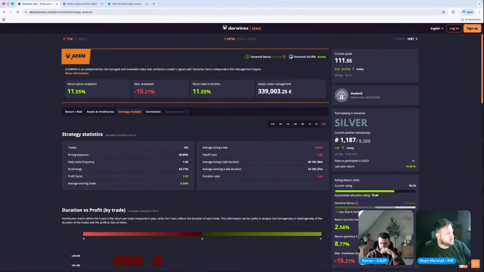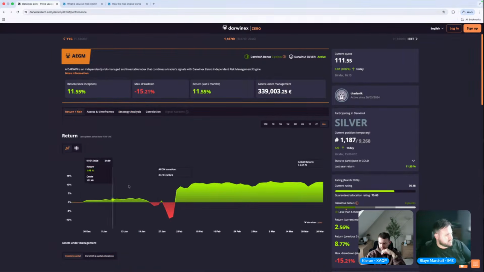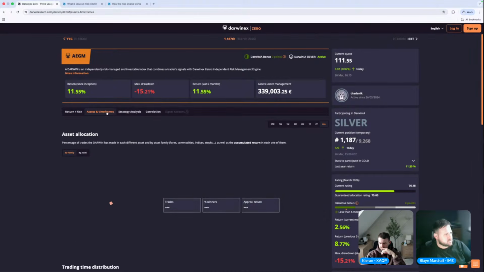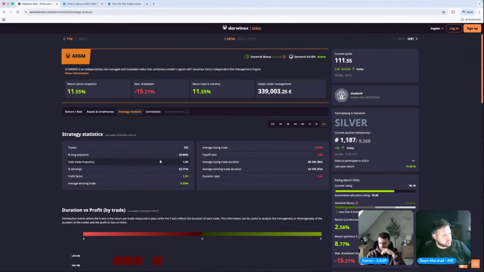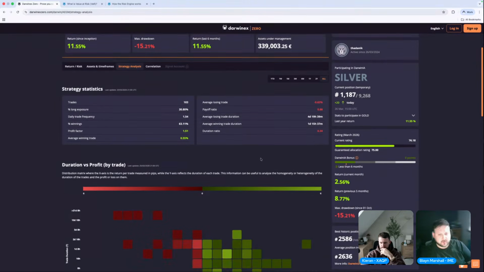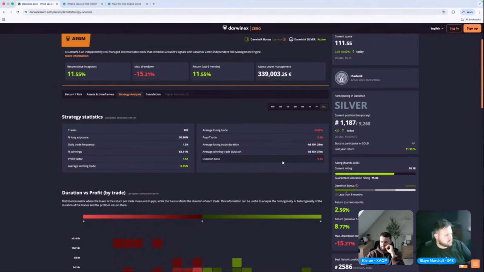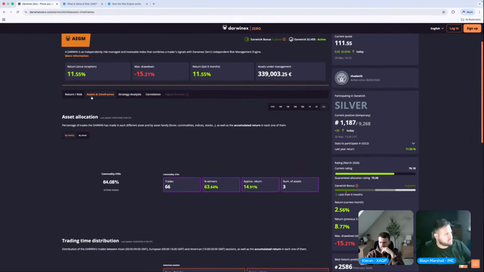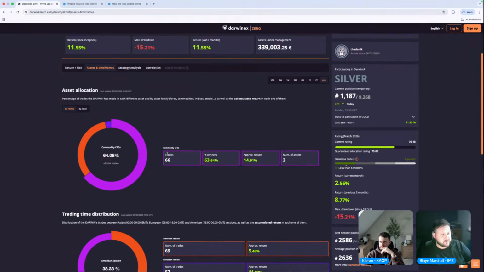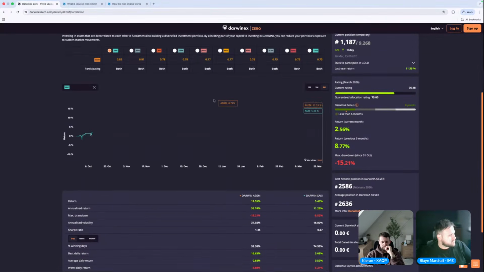Going back to AEGM, the trade frequency isn't too high. It's a lot less than mine for the past 3 months. So I wouldn't say trade frequency is a problem here. Maybe trade duration, holding those positions a little bit longer and having the negative duration ratio as well, as maybe risking linear in terms of your commodity trading, might have an adverse effect as to why the multiplier is going down. If we look at the VAR, let me have a quick look at the VAR.